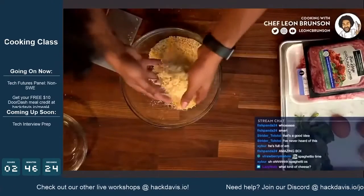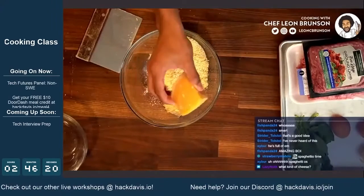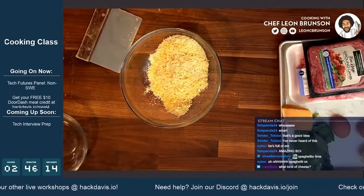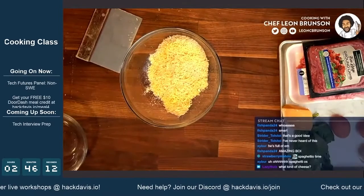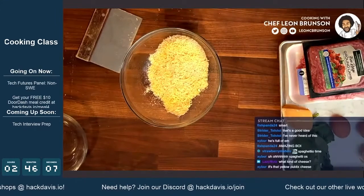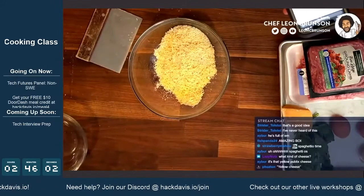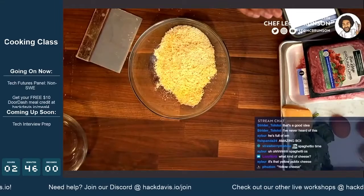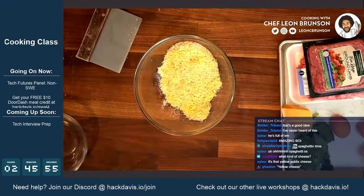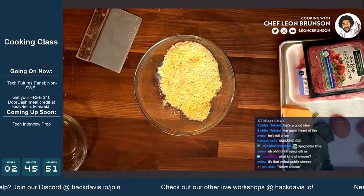So this is Pecorino Romano, and I forgot what kind of cheese this is. It's a cheese from Publix. It's a type of Parmesan, but goodness gracious alive, for the life of me, I cannot think about what it's called. I took the label off, and it's a younger, God, I cannot think about it. It's good though, it's delicious. The second I figure it out,